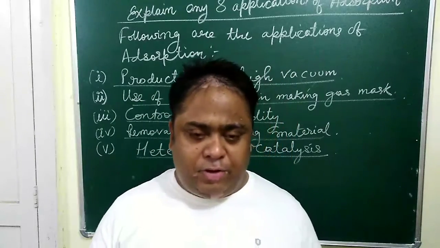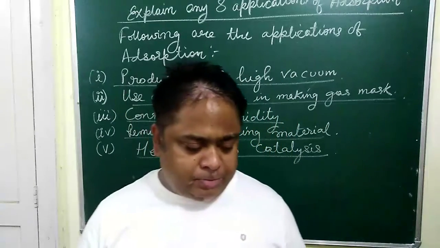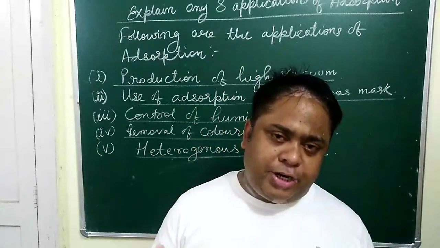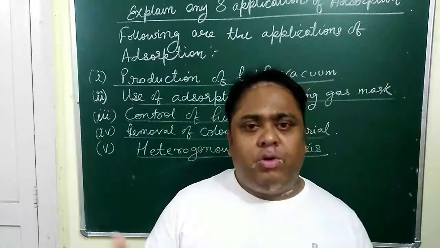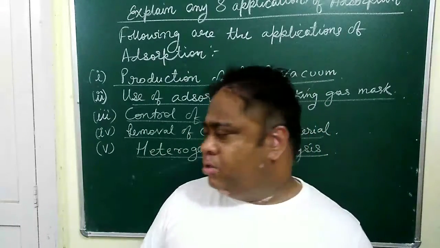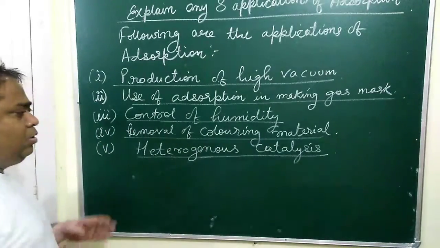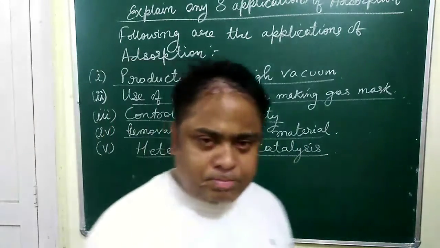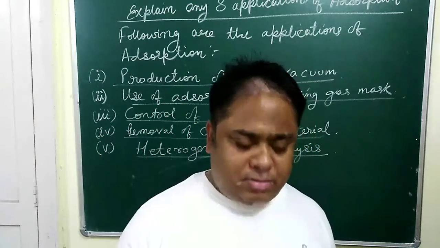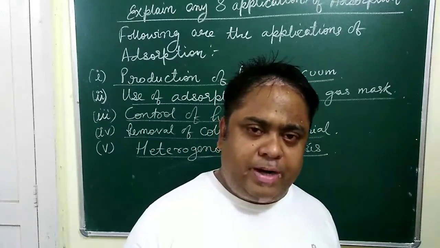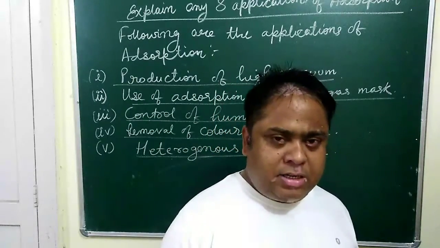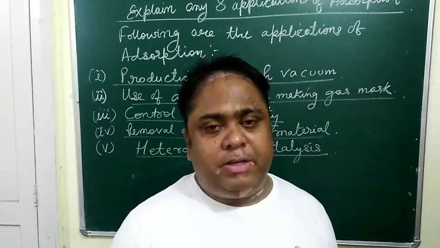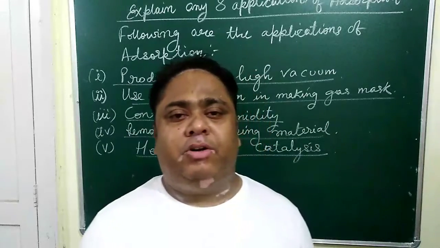Now, if any catalysis is done in such a way that the state of matter of the reactant, the substrate and the catalyst, all three are the same, we will call that homogeneous catalysis. So here we are talking about heterogeneous catalysis. What does heterogeneous catalysis mean? Heterogeneous catalysis means the state of matter of the reactant, the substrate and the catalyst are different, as I have given you the example of sulfur dioxide becoming sulfur trioxide in presence of vanadium pentoxide as catalyst.